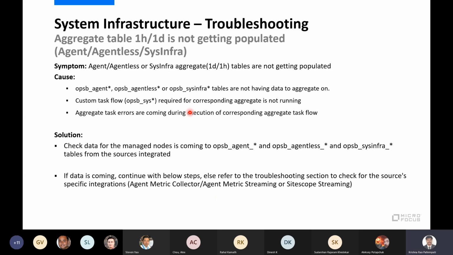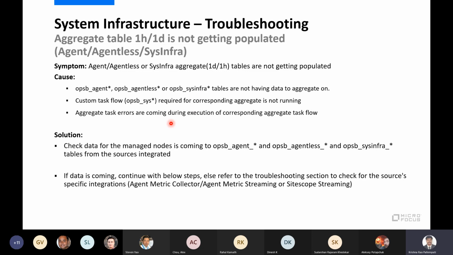And if my aggregation tables are not populating, that is for the source tables. If my aggregation tables, the 1H1D tables themselves, are not populating any data, then these aggregations are again bound to the task flows, task errors.